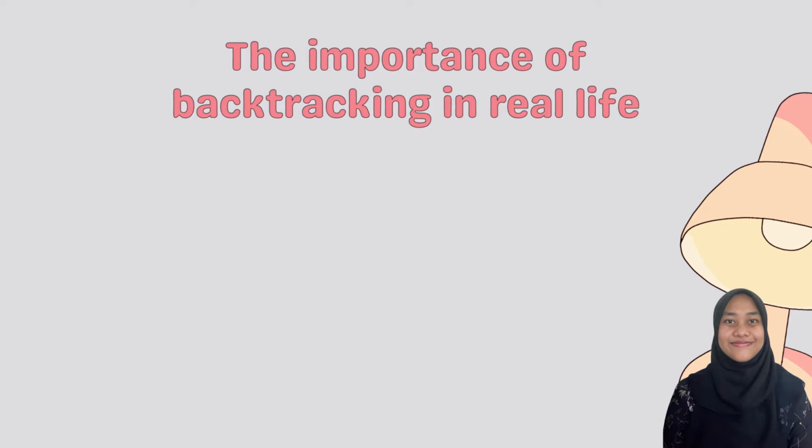So, can you see the importance of backtracking in real life? Backtracking can help you to solve a variety of problems. When there are many possible solutions for one problem, we don't have to stick with one exact solution to solve the problem. If we can't solve it using A, we can still try using B, C, or D, until we solve the problem. This is because through a backtracking algorithm, when a pattern doesn't work, we look for another one until we either run out of sources or we find one that works.